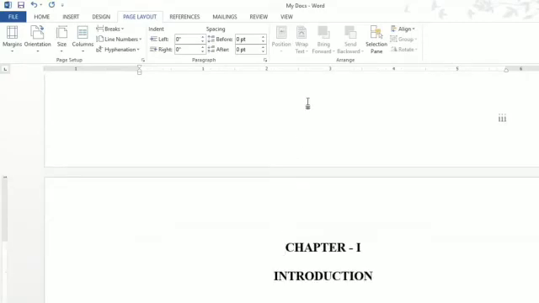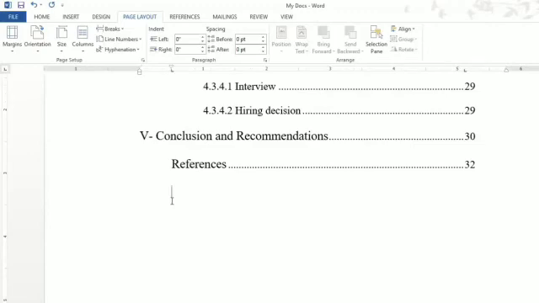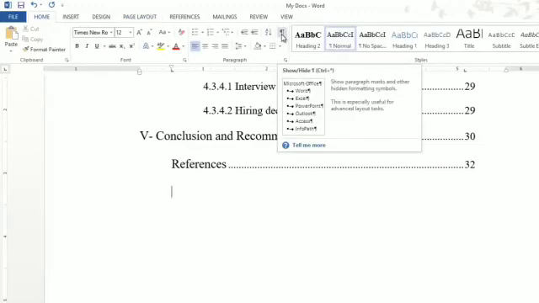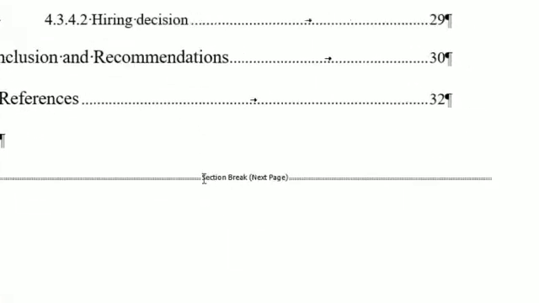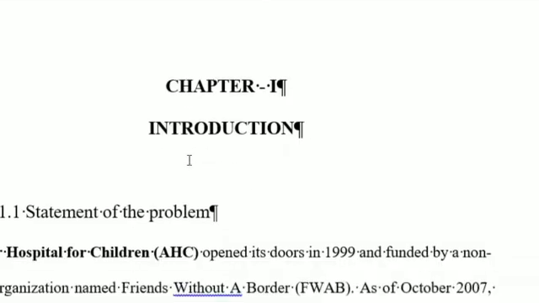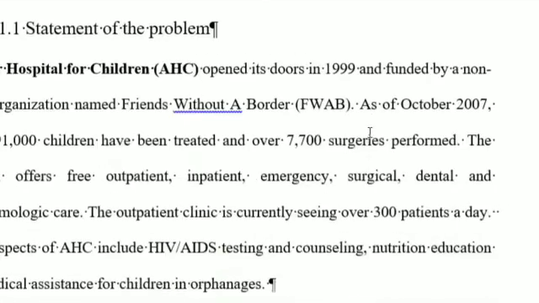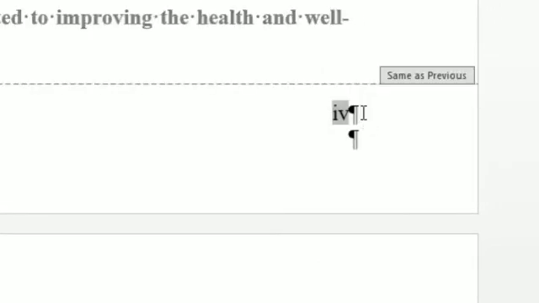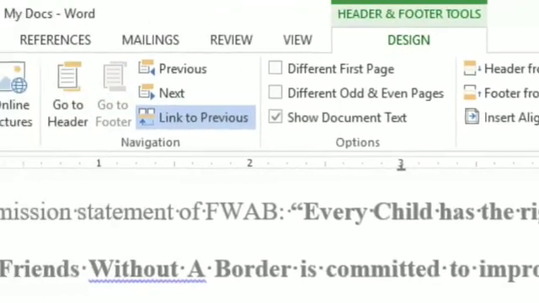This is your 3, and see, this is your home tab. Click on paragraph. See the symbol of paragraph? It shows these ones are paragraph marks. And this is your section break, and after this you have broken your section, and now this is your next page. See the paragraph icon now, and now come to the next option.